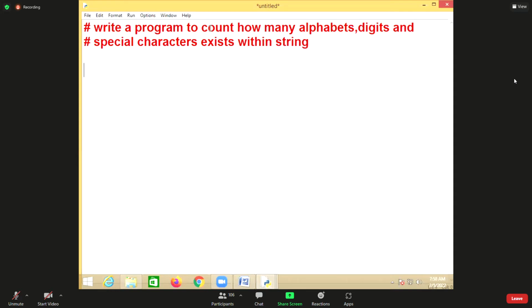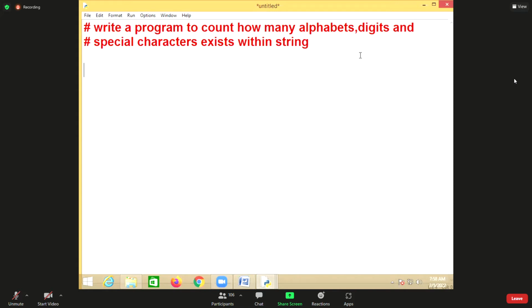So write a program to count how many alphabets are there, how many digits are there, and how many special characters are there inside the string. So how can you count this?